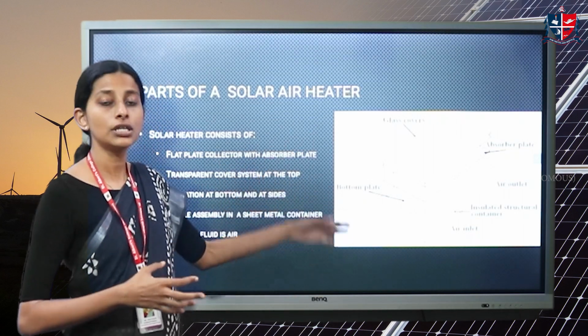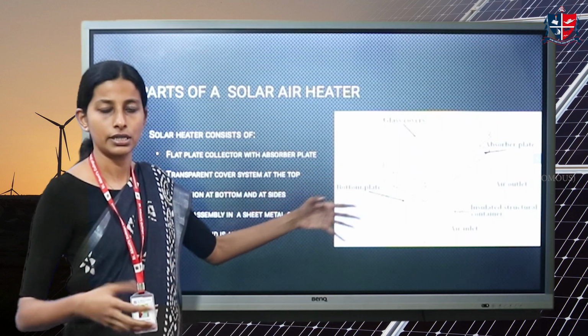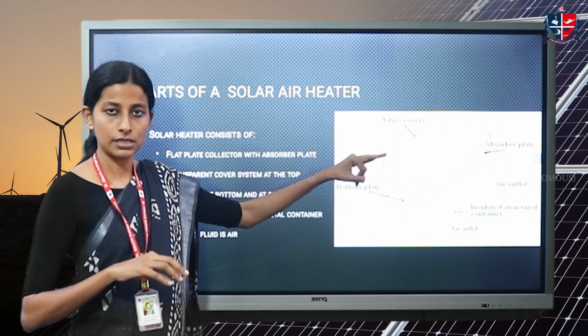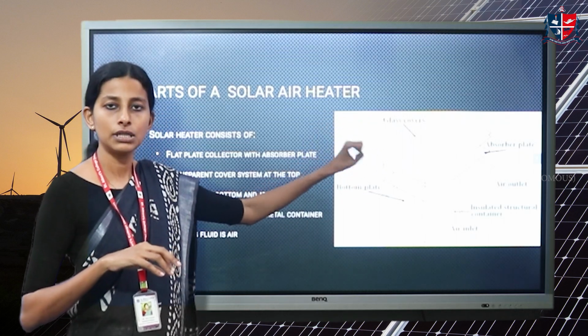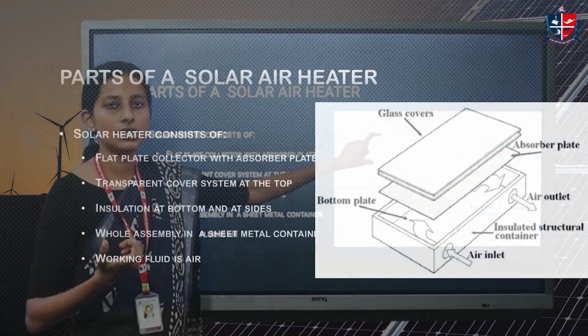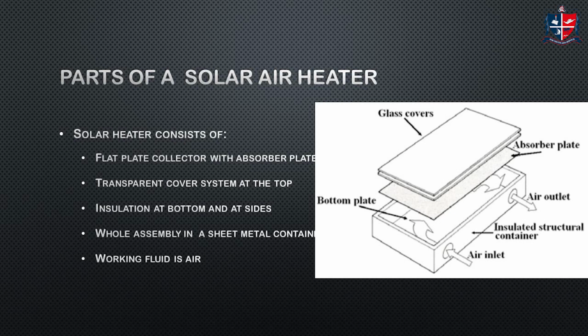So these are the different components or parts of a solar air heater. The most important part is the absorber. Above that there should be a glass cover, a transparent cover which can be glass or plastic, preferably glass, because glass has better properties to transmit. The transmissivity of glass is much higher compared to that of a plastic sheet. Then we have a channel, a medium through which the air needs to be circulated.